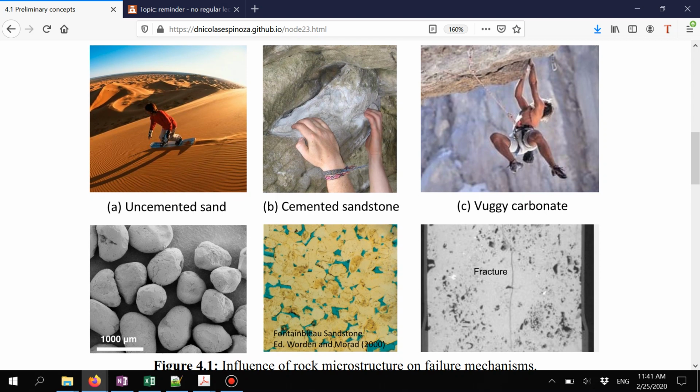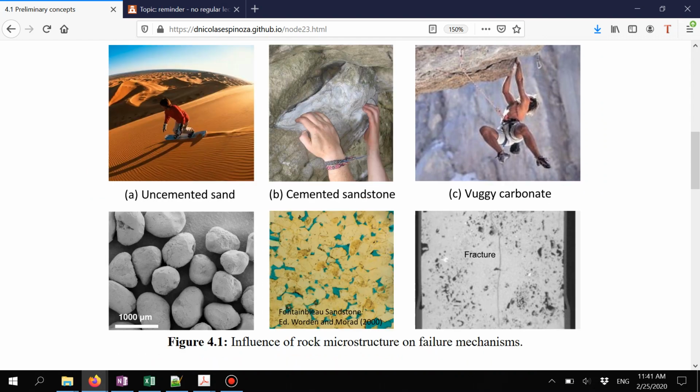And we're going to see later that that's very important. If you, for example, have an already fractured material, those pre-existing fractures are also going to affect failure quite a bit. All right, so it's very important to take into account what the rock is made of,